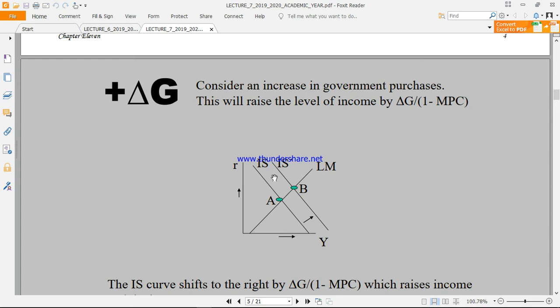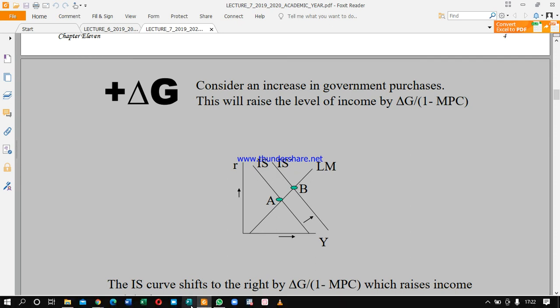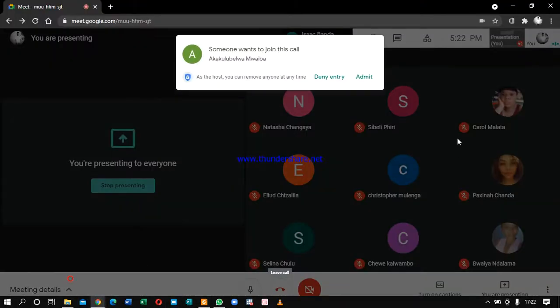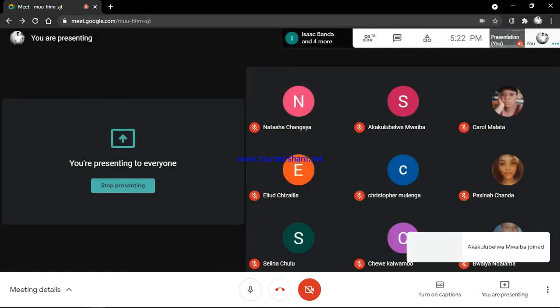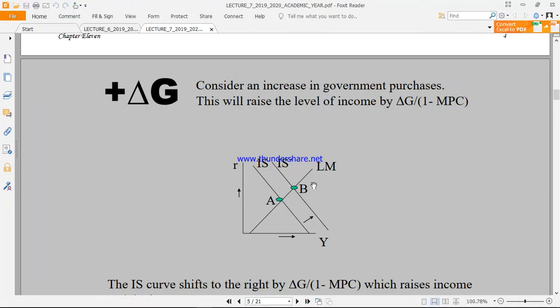All right, so when there's an increase in government expenditure, we understand that the total level of income is going to increase by the change in government expenditure times the multiplier. So if that is the case,